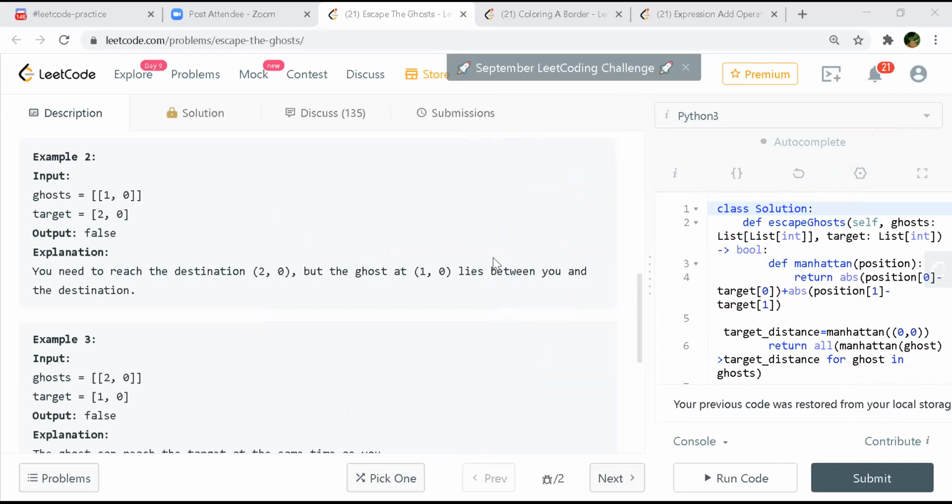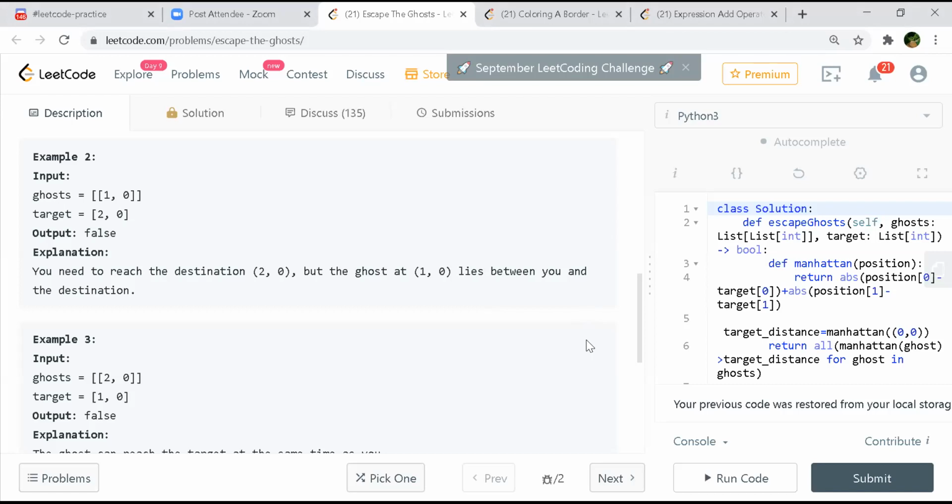Okay. So now we at least know that we can find a path using BFS. But that would be O of n times the number of ghosts as well as the target, correct? So we can have some efficient way of finding the distance. Yeah, Manhattan distance, is that okay?